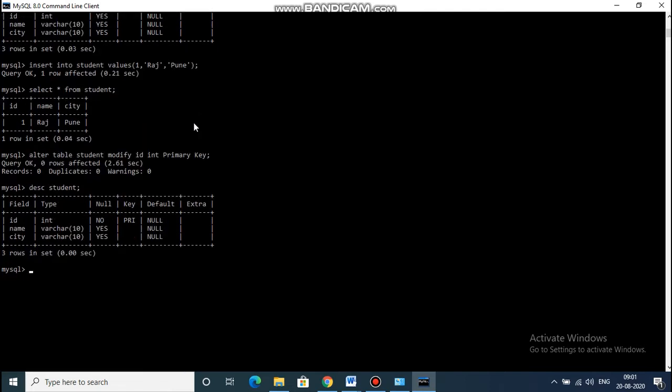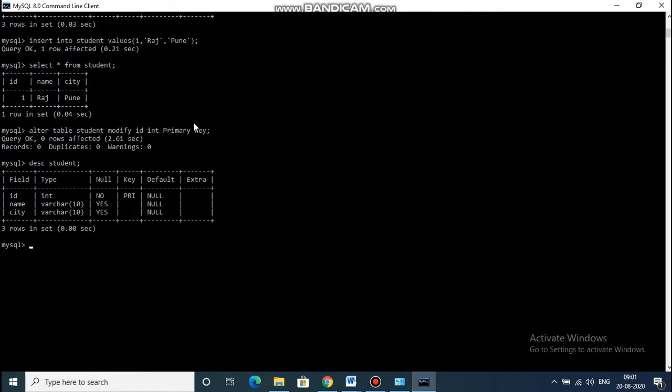Now for auto increment: alter table, table name, modify ID. Instead of primary key I just put auto_increment.